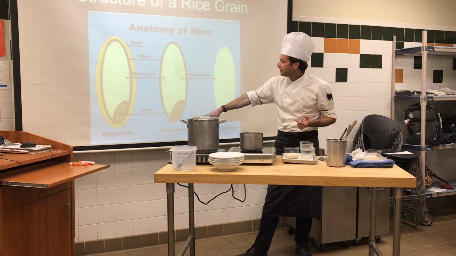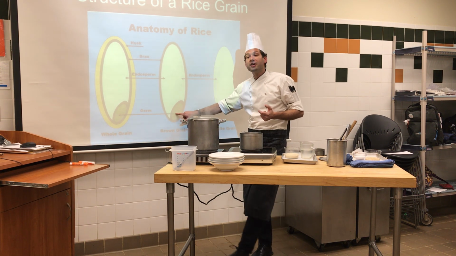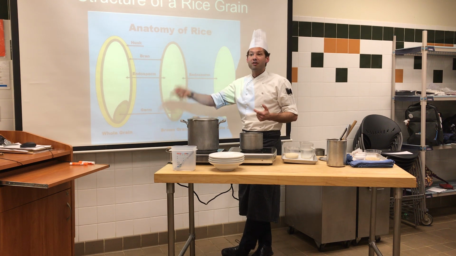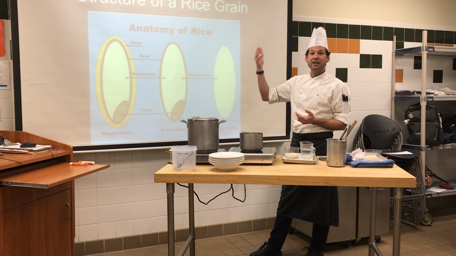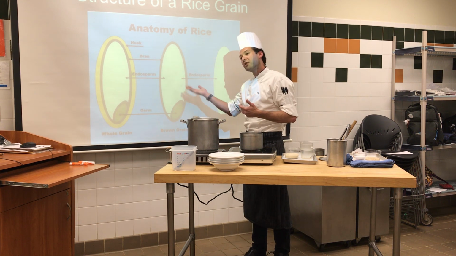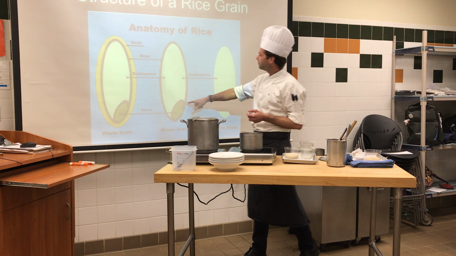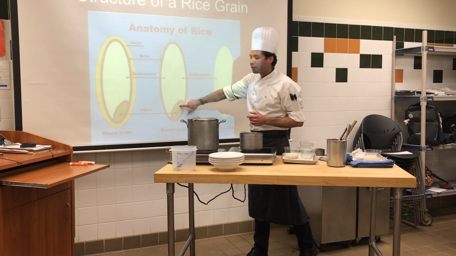And you have the germ here at the bottom, which is kind of like the yolk. The germ is what would become the new blade of grass if that were to be germinated and then planted and then grown again. So this is kind of like the egg yolk that would become the chick, or the germ would become the grass. All right. So in this case, we have a brown rice grain